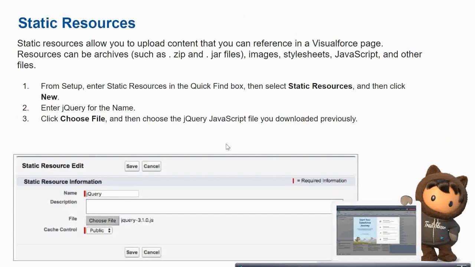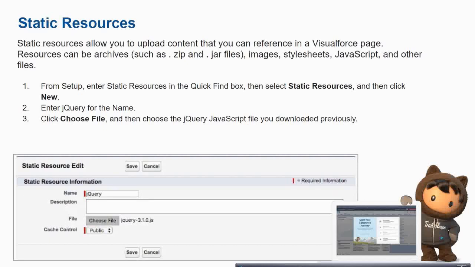Now static resources. While developing applications, you will obviously need some libraries like JavaScript, jQuery or Bootstrap, whatever third party libraries you are using to style your web pages. You can import them over here. So how can you get this?